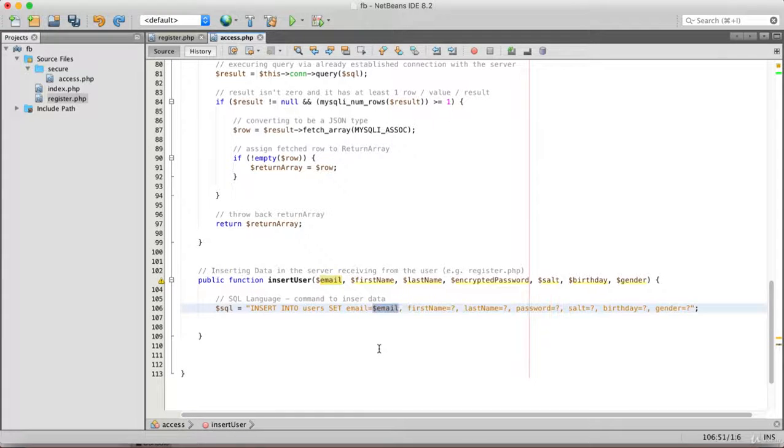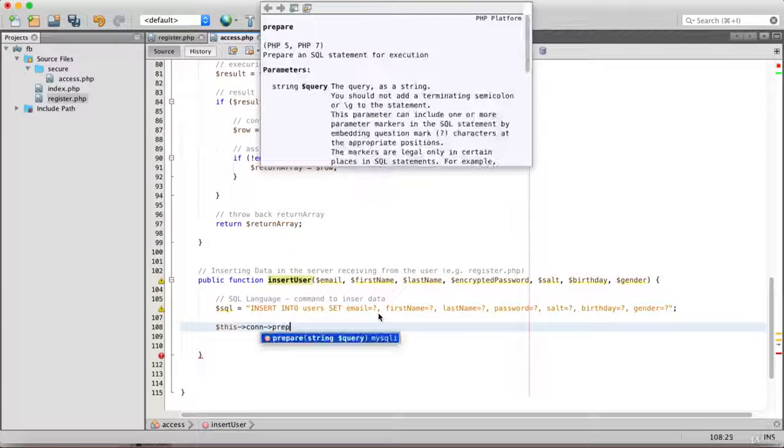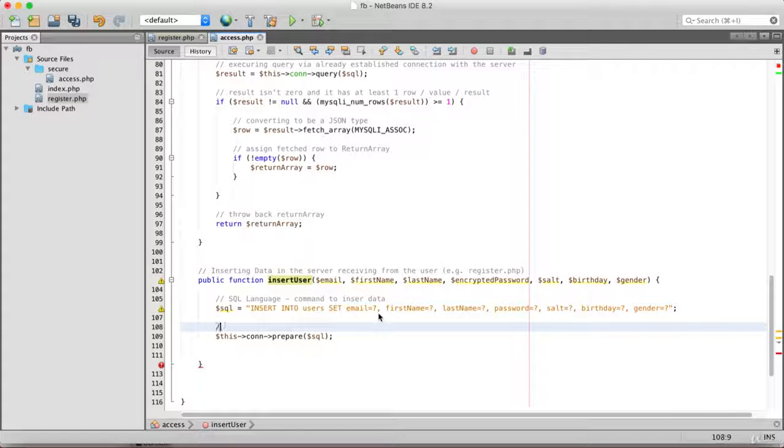So in order to avoid this, we are preventing SQL injection. Whenever we insert and use this method of inserting information, we need to prepare this SQL statement to be executed. We do not execute it directly. We just prepare it using the currently established connection: con, then arrow, prepare SQL. So we are preparing SQL for execution